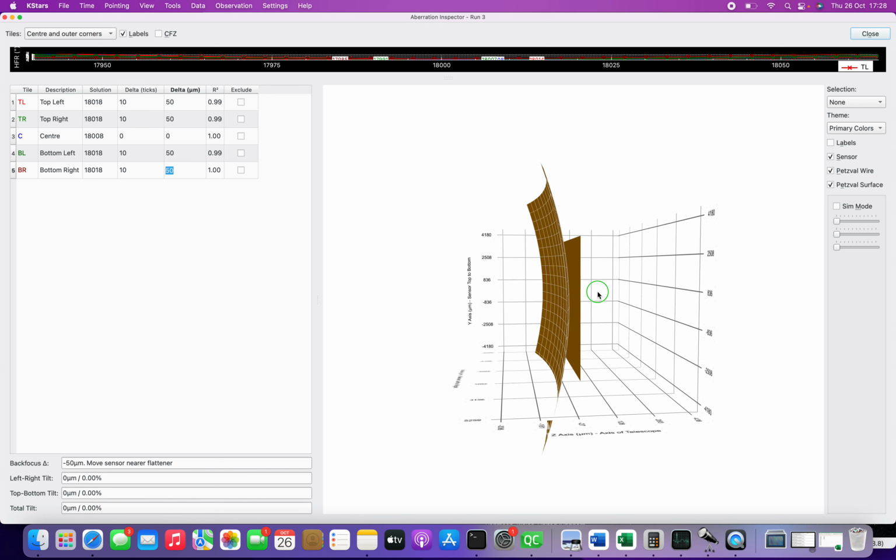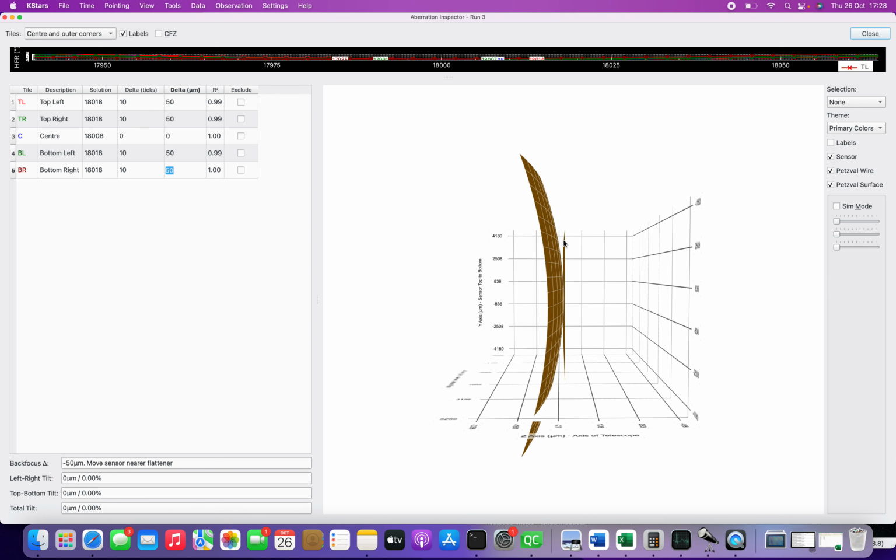So what you can see here is that the Petzval surface is incident on the center of the sensor at, in this case, 18,008, but we're going to have to move another 10 ticks in order to solve in each of the corners. So if I do the opposite and put minus 10 in each of these,